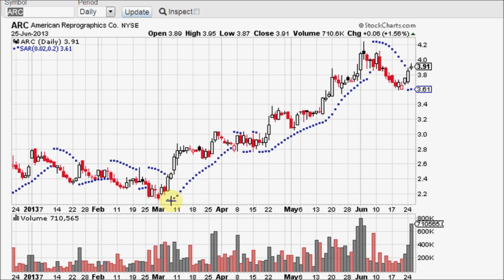Okay, so you bought the second day at 240. The SAR didn't flip negative or above the candlesticks until it got to about $3. Okay, the second day, or the day after the SAR flip, was right here. So you could have sold in a range between $2.80 and $3. Okay, so you're in at 240. You sell at, let's say, $290. That's $500 in a month. Okay, then there's one more